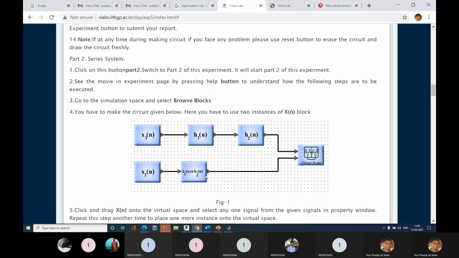Yes. How will I define the output? Number 40.